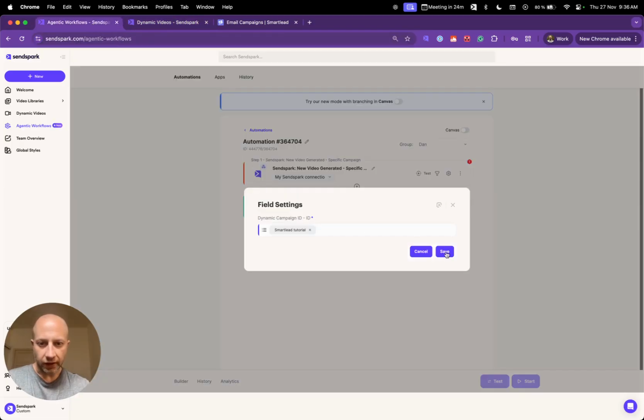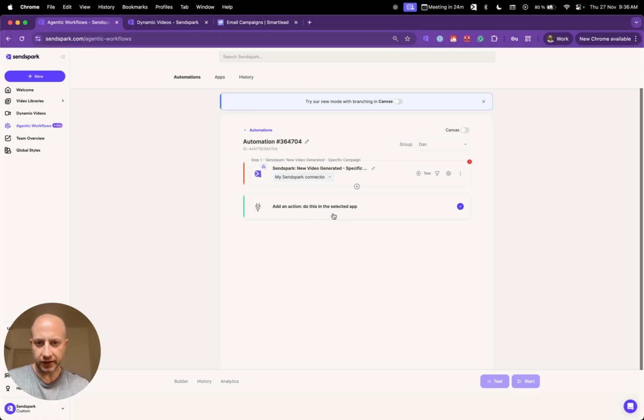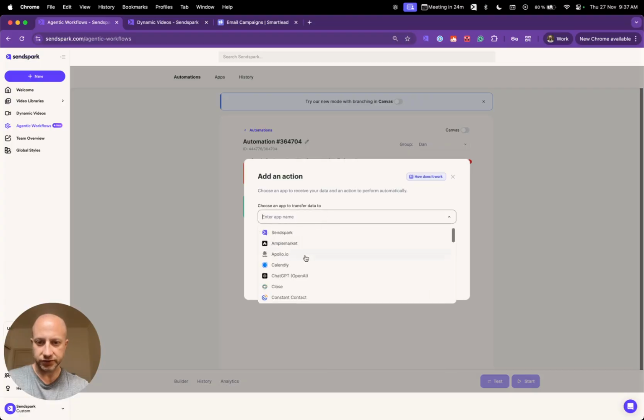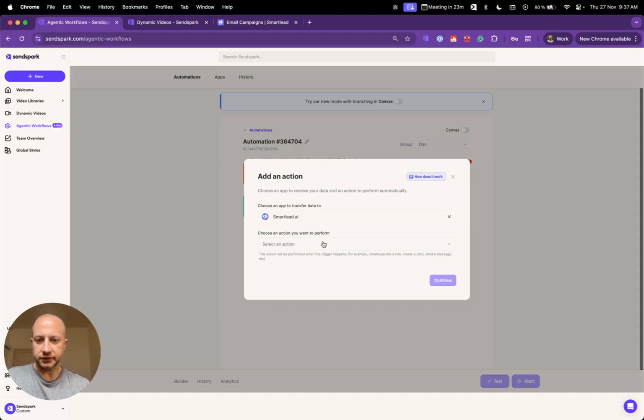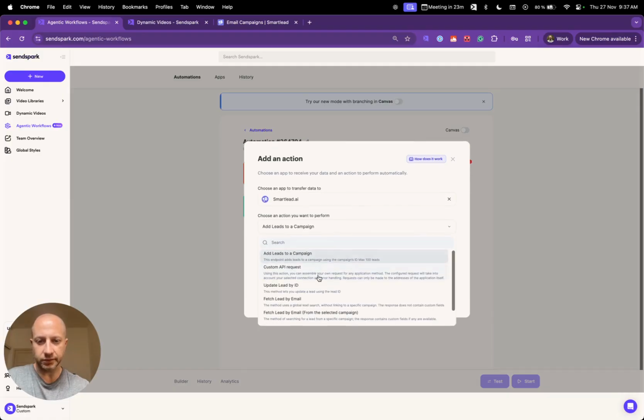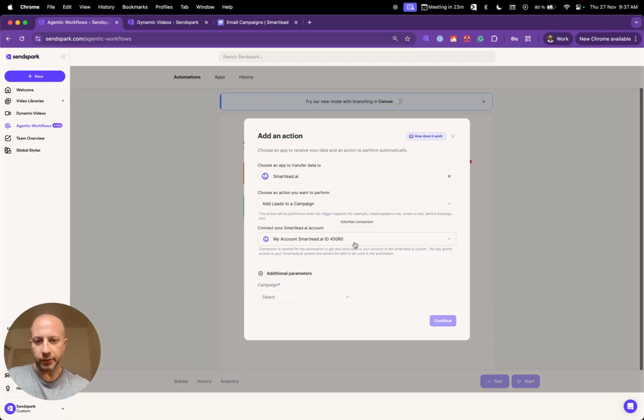Okay, so I'll click on save, and then I'll jump into this step, which is the smart lead connection. So I can just type smart lead here, select that, and then I can look for, you'll see that there are many options. So what I'm going to use right here is the add leads to a campaign. Okay, I'm going to be asked about my smart lead account. I have already connected that, but you can always click on add connection and make your connection for the first